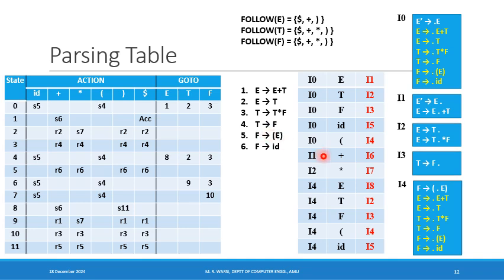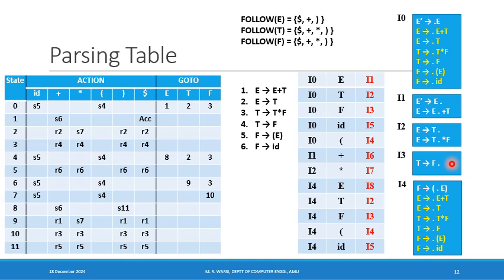And now we move on to state number 3. There is no transition from state number 3, and we examine the LR0 items which are there in state number 3. There is one LR0 item in which the dot is at the rightmost position. This is production number 4. So this will give rise to reduction based upon production number 4 for the symbols which are there in the